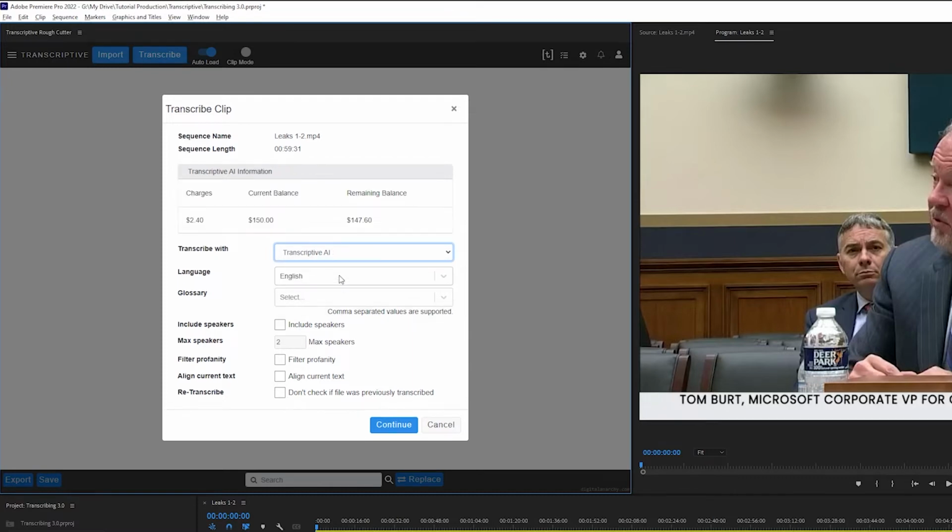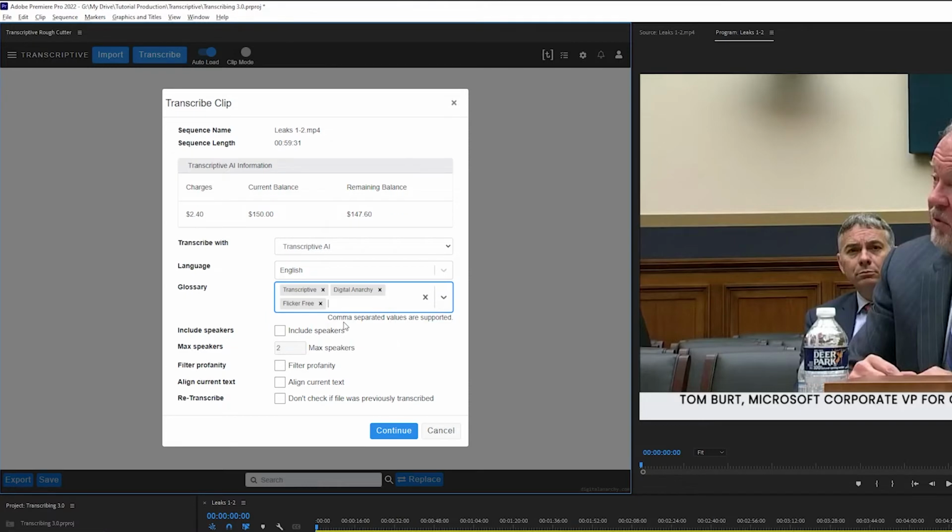The glossary is a field where you can enter terms that the AI might not know, like names or technical terms, and the AI will try to use those in your transcript. Results may vary since the AI still has to identify where to use those terms, but if you have a term that's used over and over, it might be worth entering it here before transcribing. Once you've entered your terms, click Create, and you can also paste a list of terms in here instead of typing them in each time.